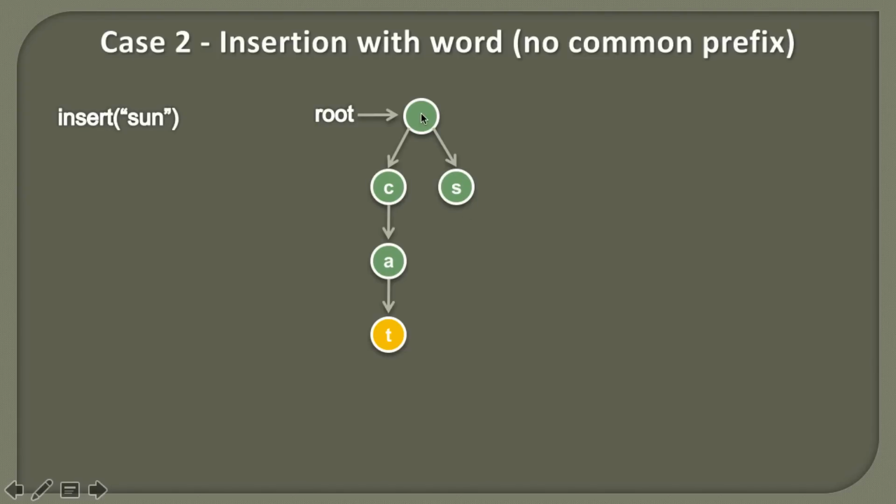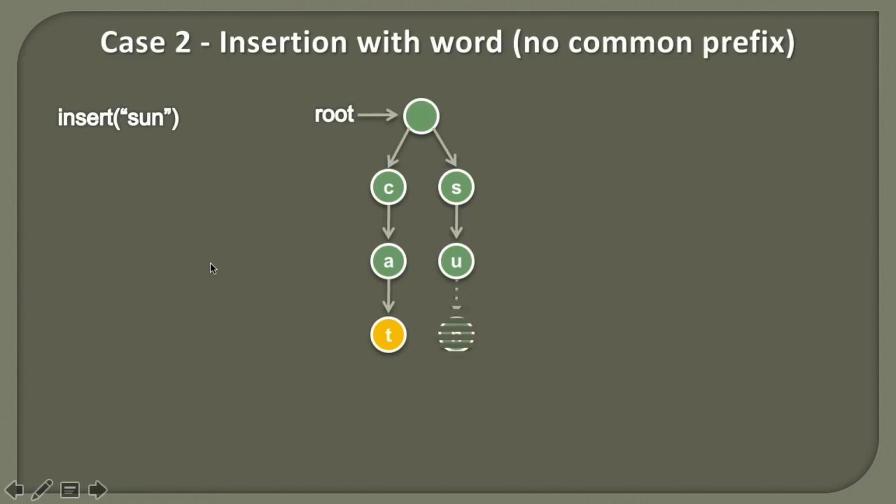Because friends, we also discussed that root has a trie node array which points to all the English alphabets. So in this trie node array, from the index which maps to S, we will start inserting our new word. So after we insert S, we will simply traverse to S, and then we will insert U. So it would look something like this, and after we insert U, we simply traverse to U to insert N.